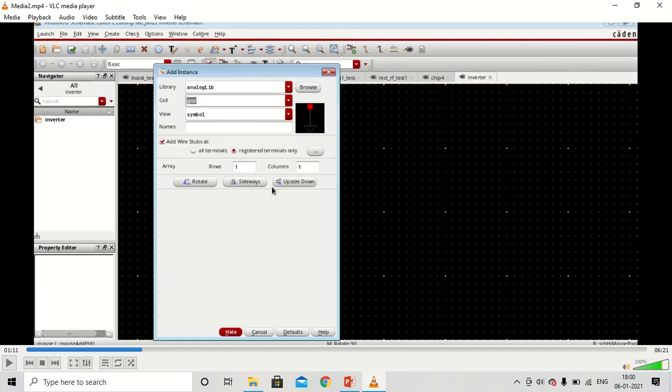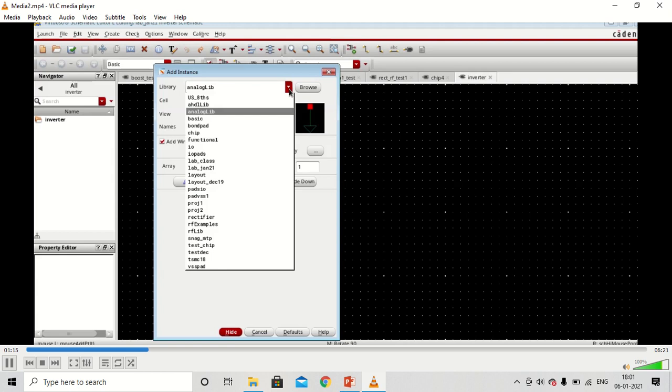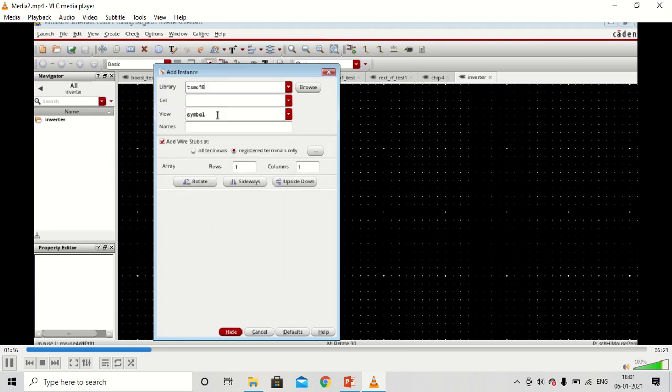In order to place the symbols on the schematic editor, we have to press I to instantiate. I is the short key to instantiate any symbol. Now there are different libraries. As you can see, we'll go to the TSMC 18 library and search for PMOS 2 volt, that is the 1.8 volt PMOS.